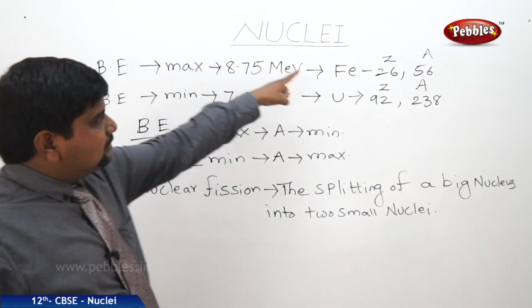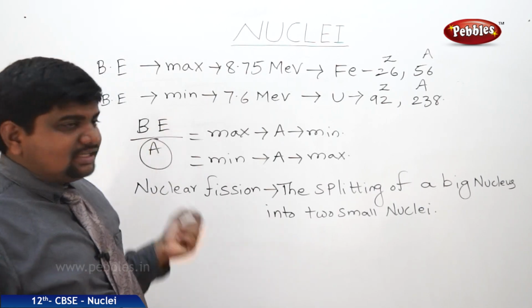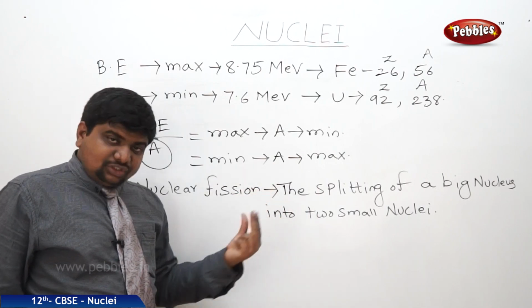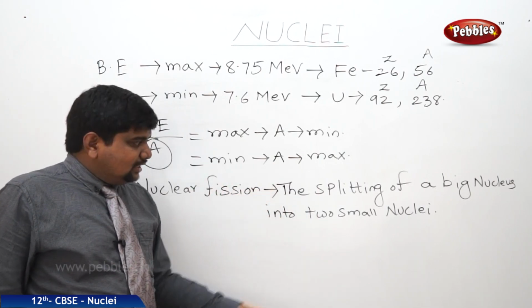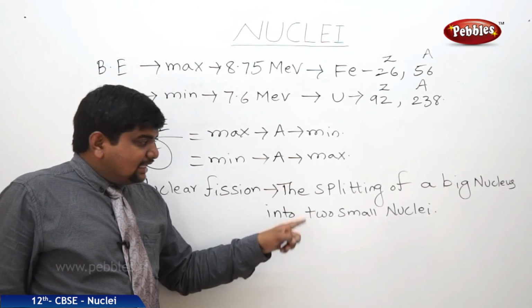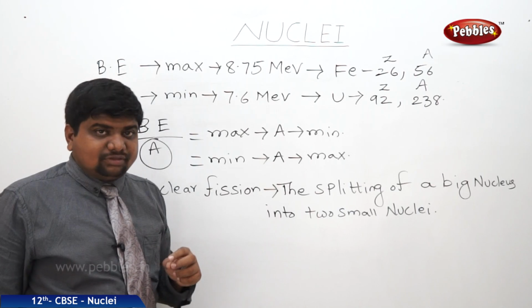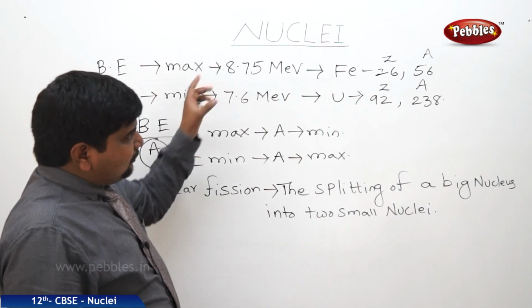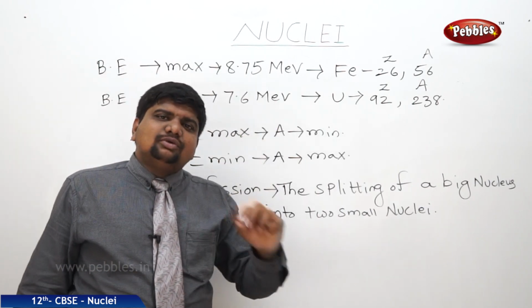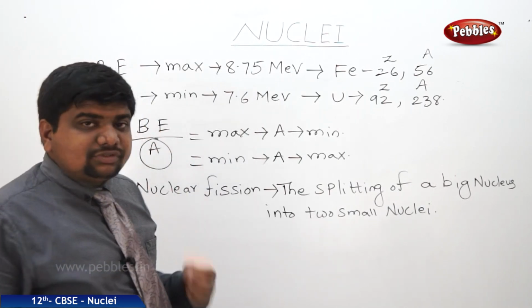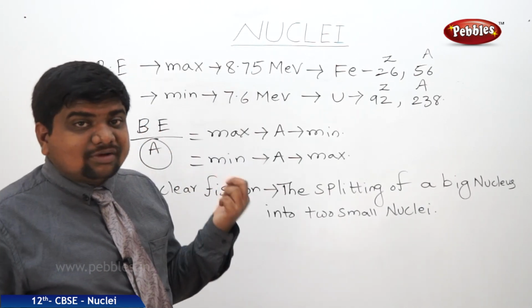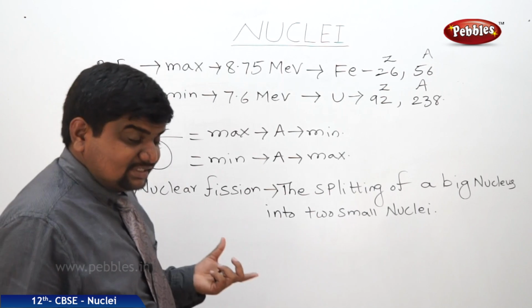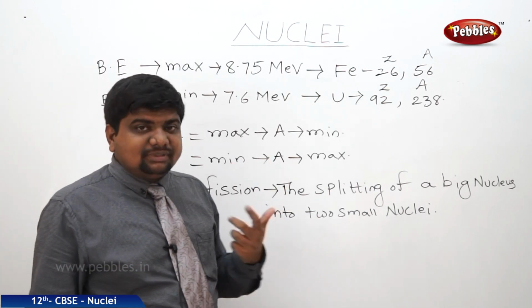So as the graph shows, these are the results. And one more point for binding energy: if two small nuclei which were split initially are fused together, the binding energy of the fused one is greater than that of the small ones. That is very important, one of the unique properties of nuclei and binding energy per nucleon. The force inside the nucleus is almost attractive, and this attraction overcomes the repulsive electrostatic forces. So these are the different properties and physical significances of binding energy and binding energy per nucleon.